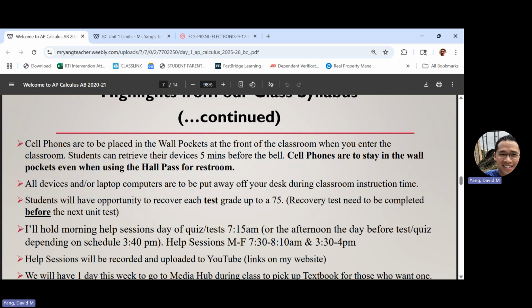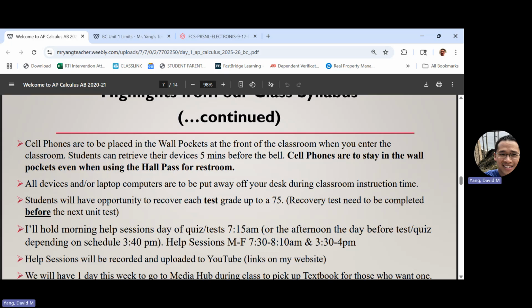And that goes for teachers as well. Teachers, we're not supposed to be on our devices either for the duration of the instruction period. So I think that's going to be an adjustment for us. Just to let you know, that's the new county policy. And if you have any personal laptops, that's also not allowed. You're only allowed to use Fulton issued devices.